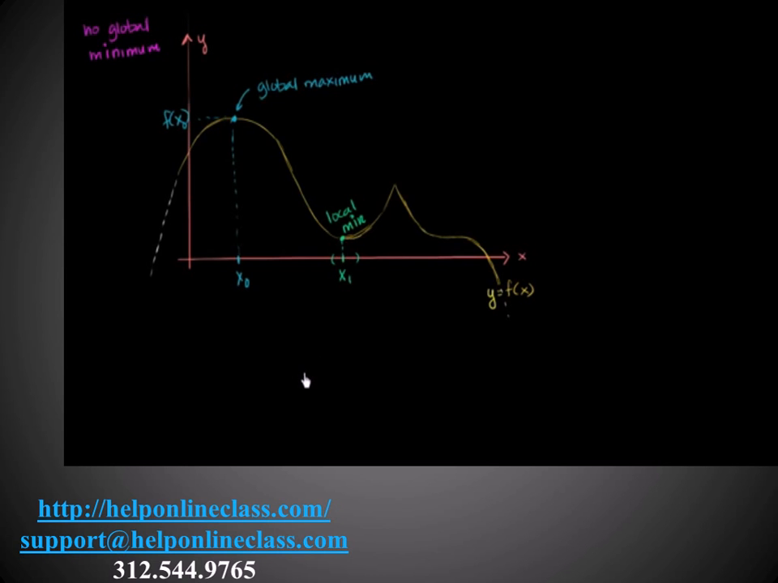Now, what about local maxima? Well, this point right over here looks like a local maximum. Local, not lox, that would have to deal with salmon. Local maximum right over there. So we could say at the point x2, we have a local maximum point at x2 because f of x2 is larger